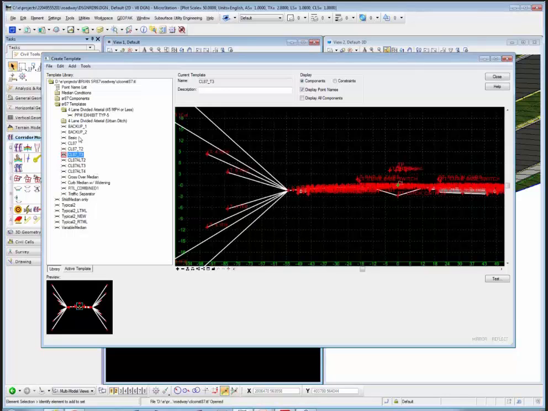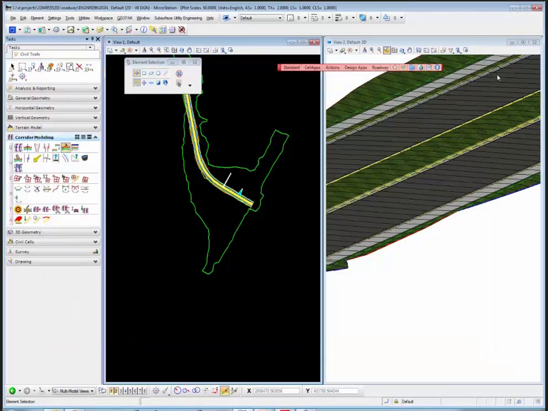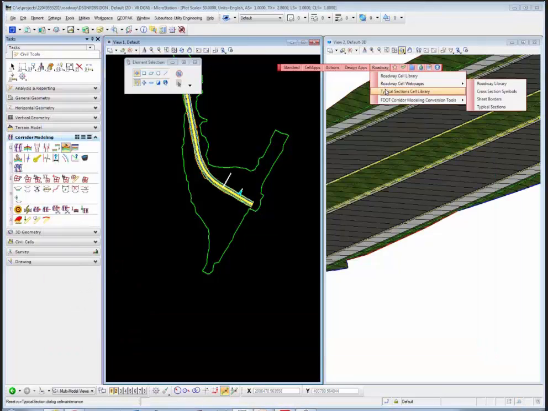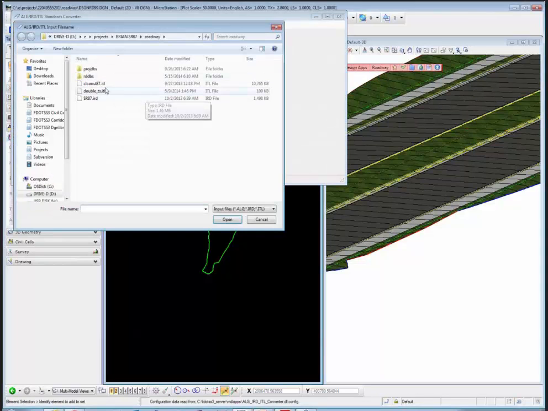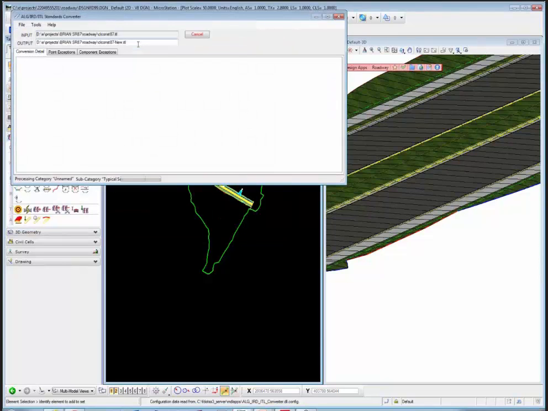So this idea of converting an old template library to a new template library is going to become very important for migrating your projects forward in SS3. And that's why we came up with this corridor modeling conversion utility. And all you'll do is do file open, you'll select the ITL file, and it's going to automatically create a new ITL file by converting what was the old